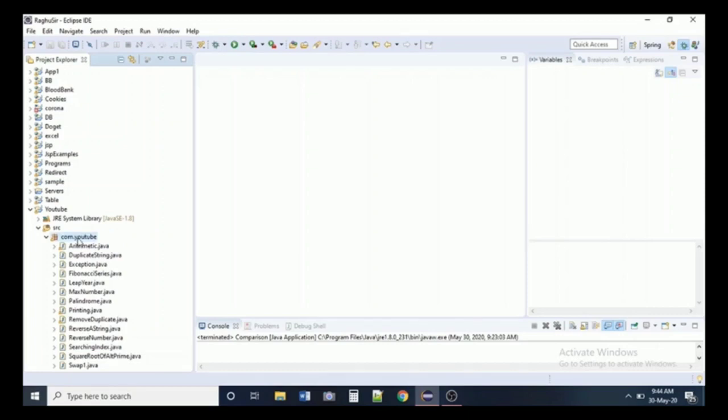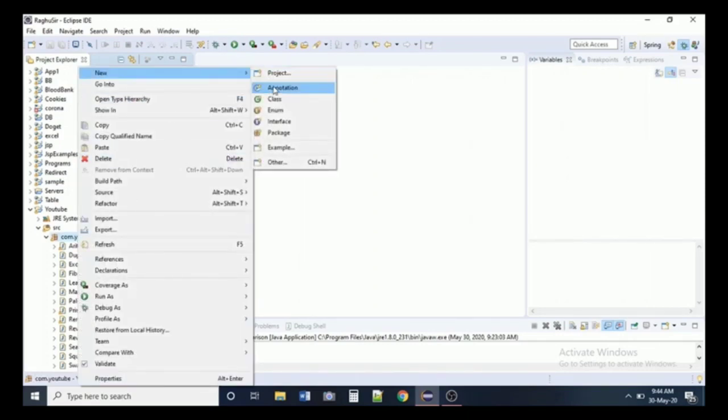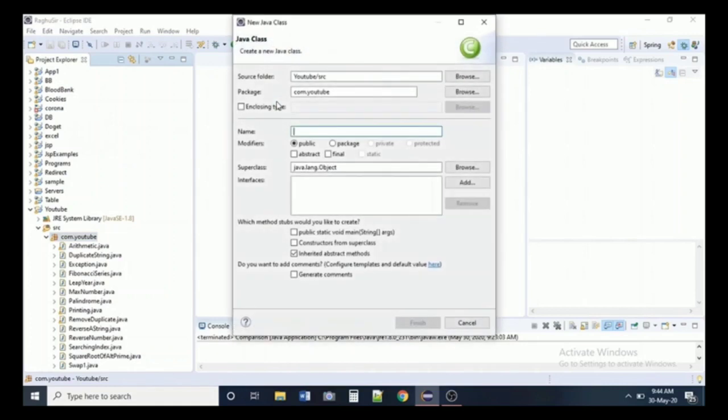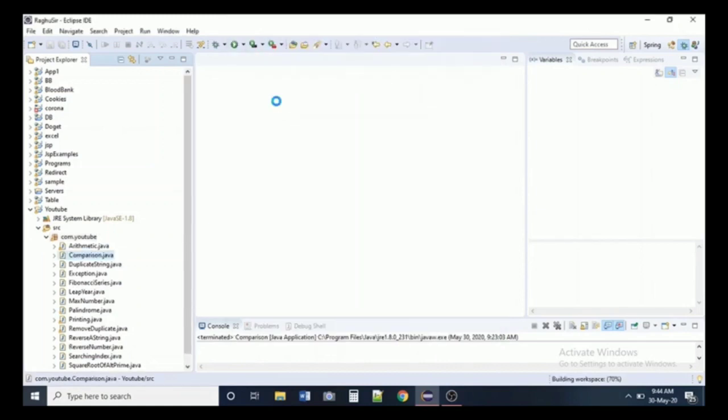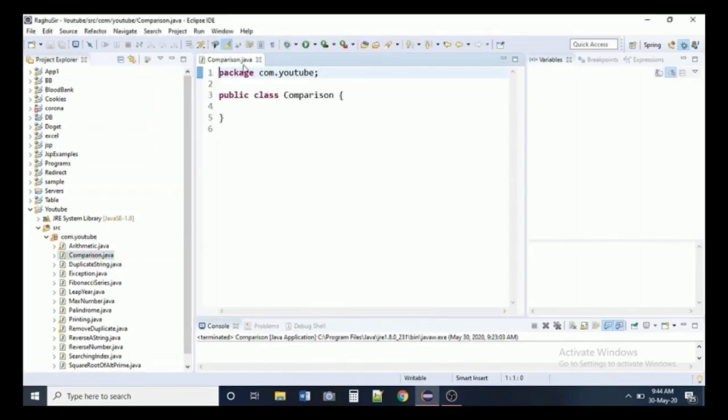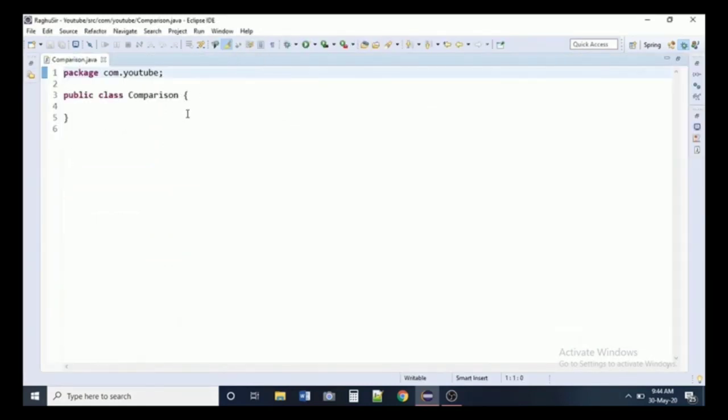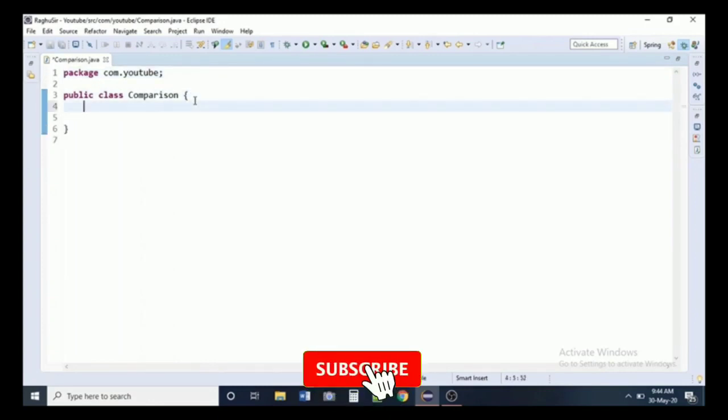I am showing this in Eclipse. Now I am creating a class, Comparison. By showing it practically you can understand much better. This is my class Comparison, and I am writing my main method here.